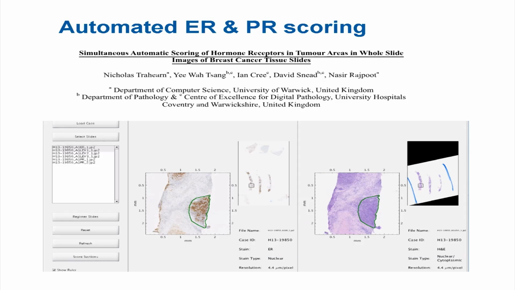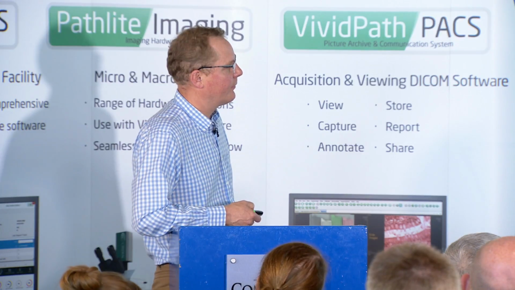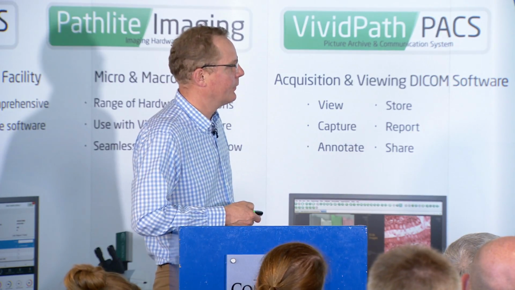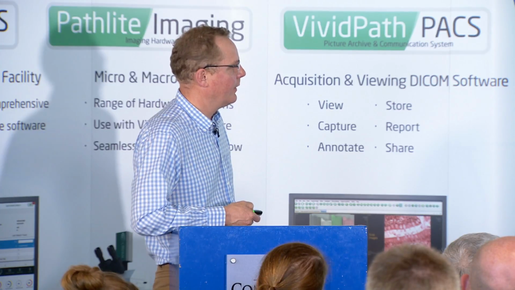And here's another one which we've tried to get off the ground with varying degrees of success. This is breast cancer core biopsy. So this goes back to right at the start of the talk, where I was talking about HER2, and this is similar stains as estrogen receptor and progesterone receptor in breast cancer. And as I indicated, that commercial algorithm required the pathologist to identify the tumour and score it. So what we tried to do was to get the pathologist to make the diagnosis, that's what they do, and mark the bit of tumour in the core,